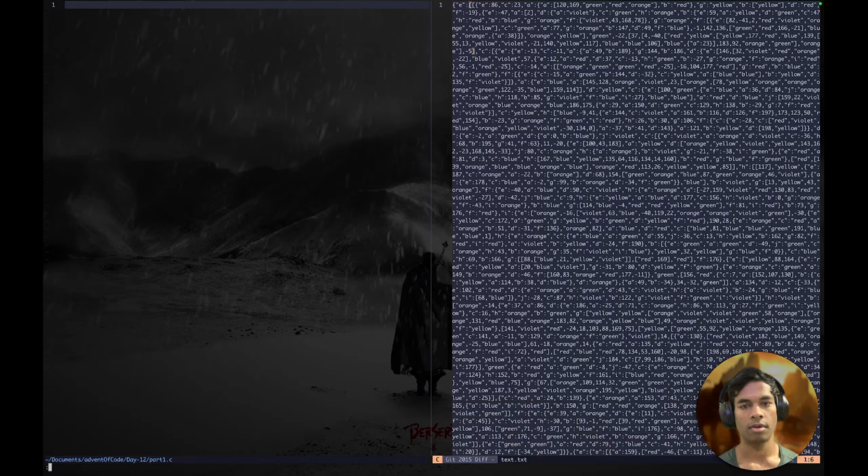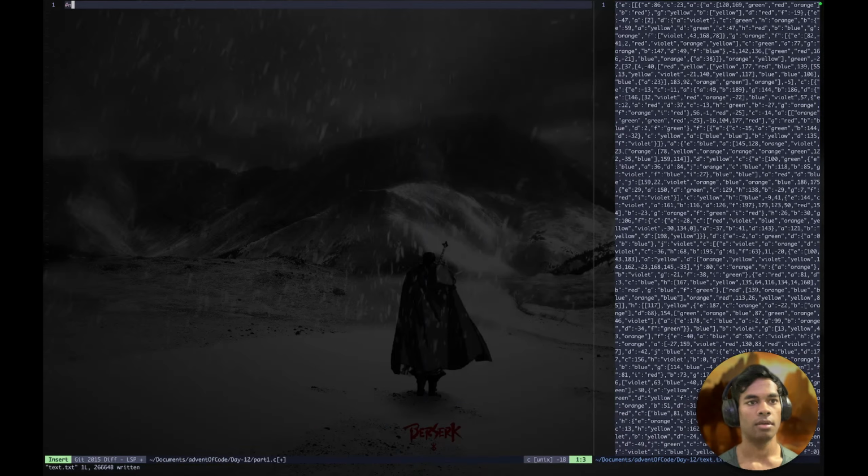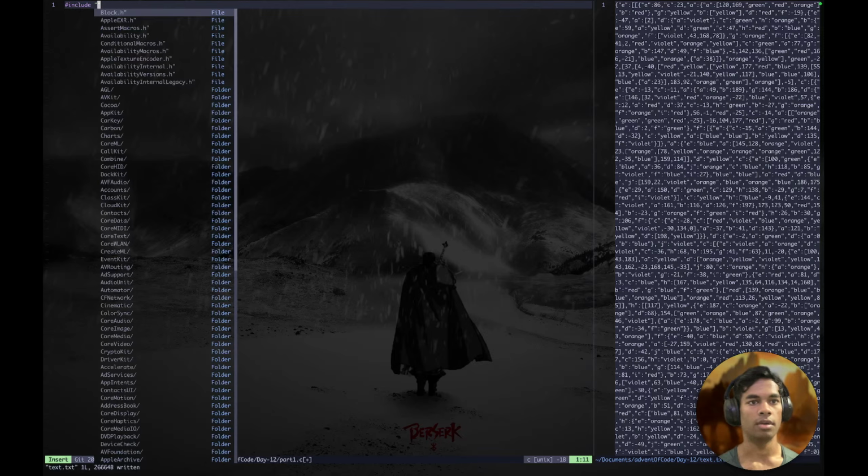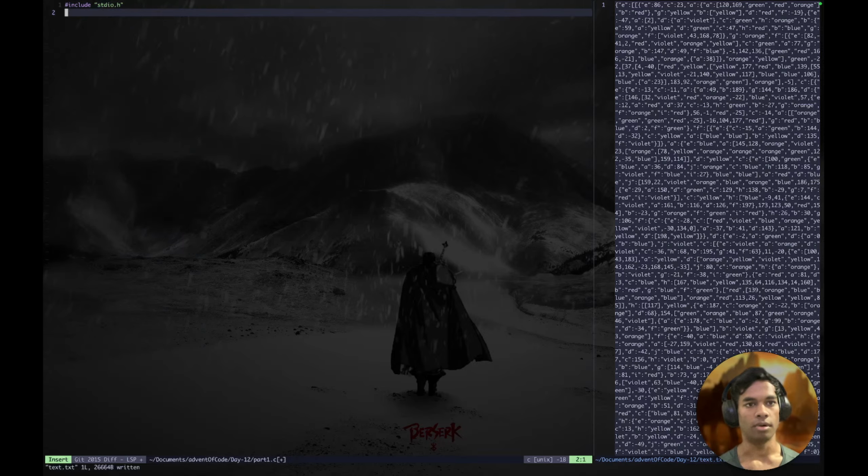Okay, I have saved that and let me move it to the right a bit. Or I can just close it maybe. Move it to the right and include stdio.h and main, a file pointer called file equals fopen, which is the name of the file, text.txt